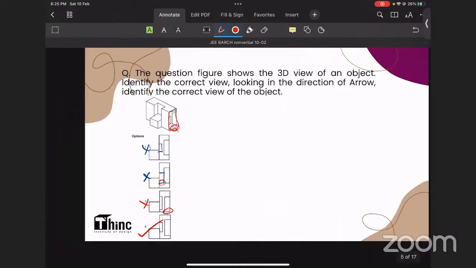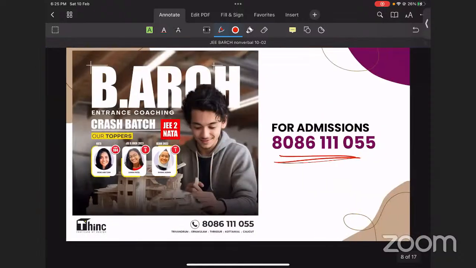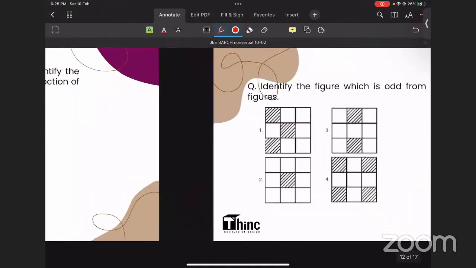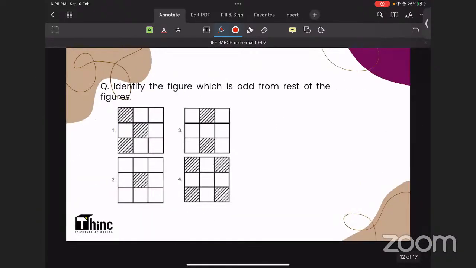So now this is about the odd one out. I'm expecting many logics from your side, students. Okay, anyway, I will convey my idea. So actually you can find here,